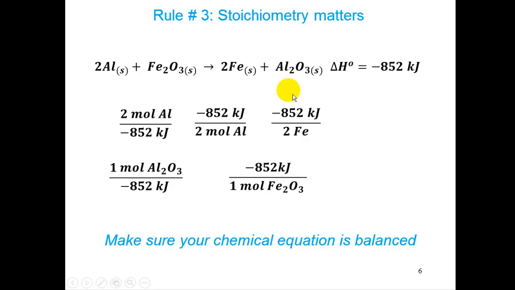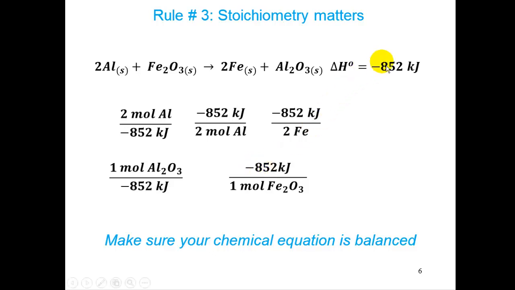What I mean by that is for every 2 moles of aluminum solid, there is 852 kilojoules evolved. For every 2 moles of iron that is produced, because it's a product, you have minus 852 kilojoules of energy heat produced. For every 1 mole of Fe2O3, iron(III) oxide, that reacts, there's minus 852 kilojoules of energy